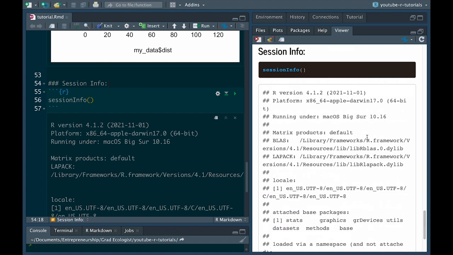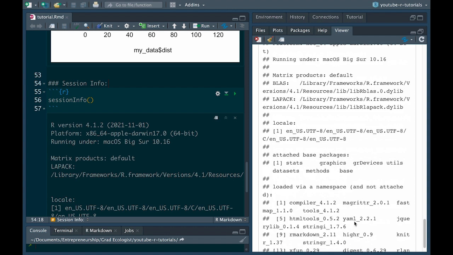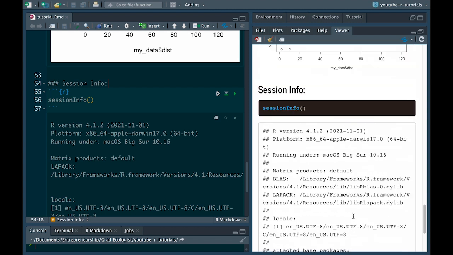And so there's ways to download older versions of R. There's ways of downloading older versions of different packages so that you can make it compatible. But at least that way you might know why there's an error, why something's not working exactly as you had planned. And so like I said, this is especially important when you want to share your R Markdown files with other people, just to make sure that they know what system you are running, to make sure that everything functions properly. But then when you're using it for your own use, it's still kind of useful to include, just in case you come back to something after a while and things have upgraded and changed and you don't know why you're getting an error, and it might be because of that.